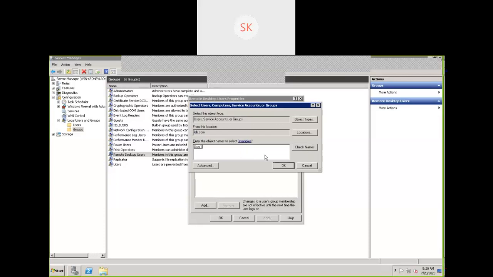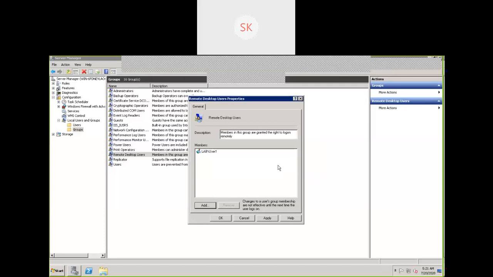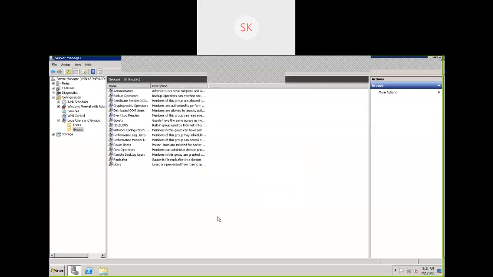Okay, click OK. See here, as soon as we added the user, it shows lab/user 1. Click Apply, click OK. What we did, we added a domain user to a local group. Now give a try to log in.